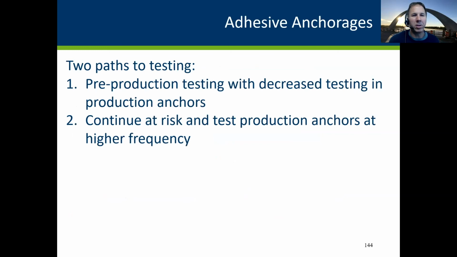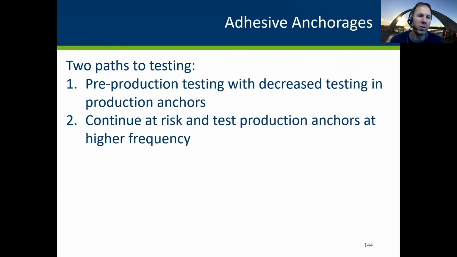So in quality control of adhesive anchors, we've provided two paths. There's a pre-production testing path and a post-production path, or just going ahead and installing anchors. The ideal, if you're going to do something, is to go in there and test that you know how to do it before you put a lot of effort at it. So that would be this pre-production.